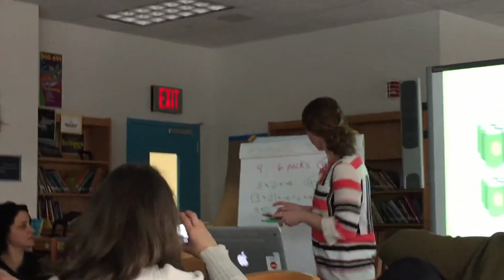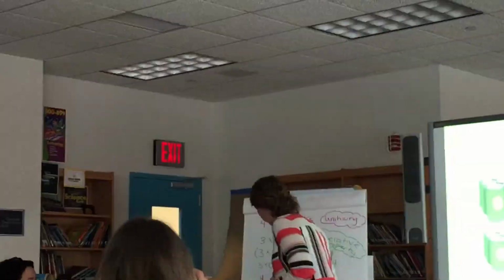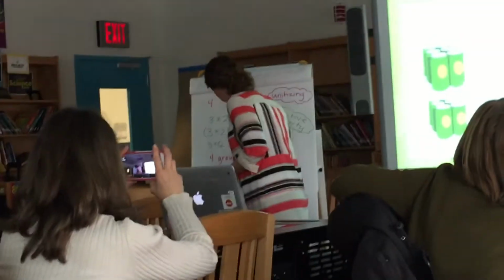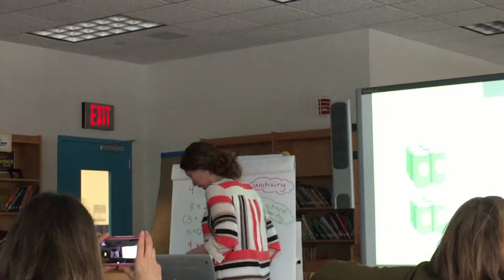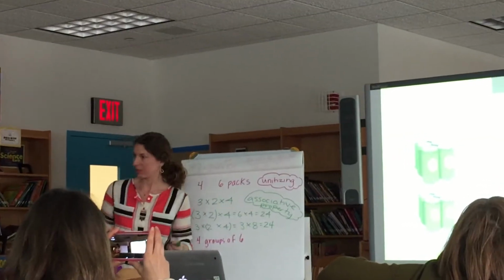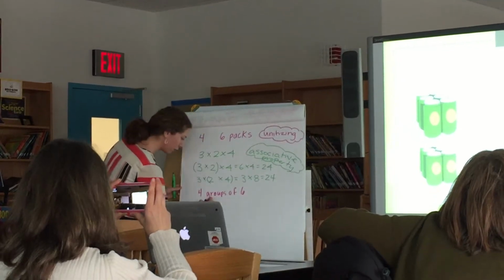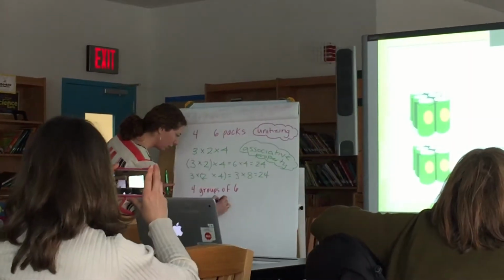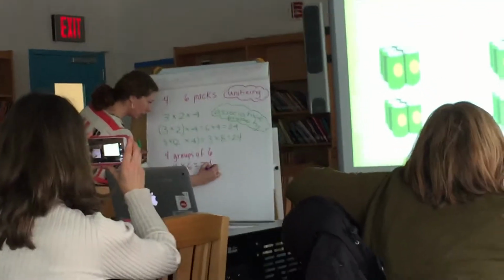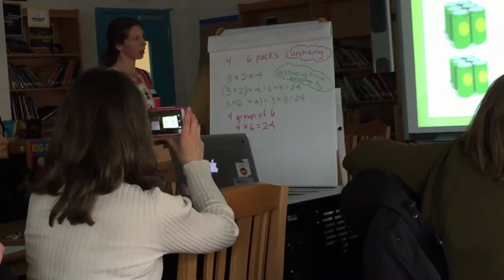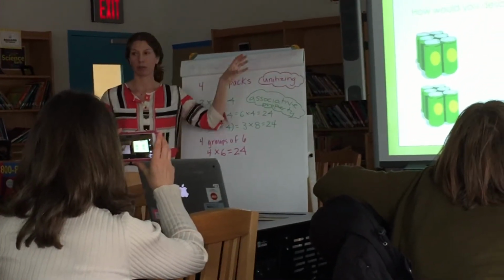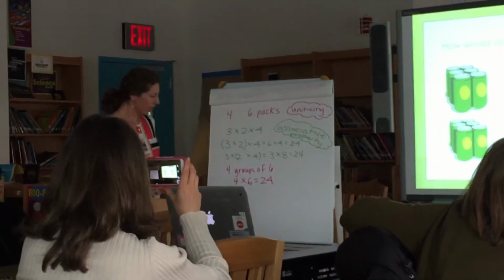4 groups of 6. Okay, so I wrote your exact words, 4 groups of 6, and if we were going to think about notating that in multiplication, we would be notating it this way, right? 4 groups of 6, making 24 cans. And we can easily see our 4 groups. And so this is actually where